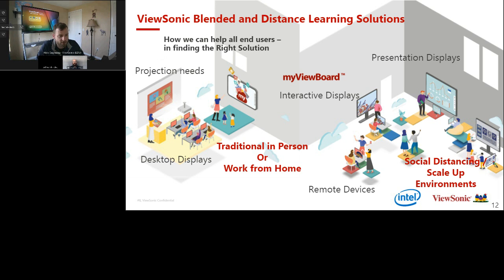Yeah, so our interactive displays start at 24 inches, which is great for podiums. We're seeing that a lot in colleges. We also have a software program called MyViewboard Display, which will allow you to mirror anything that you're doing on any device. At Penn State specifically, I know that we put dual 98-inch units at the front of the room, and then we flank it with three 55-inch units on the other sides of the room, just mirroring the screen so that people in those huge rooms can see everything going on there. So there's a lot of different options for that.